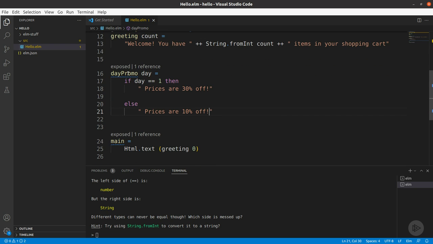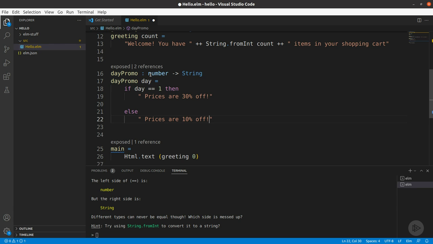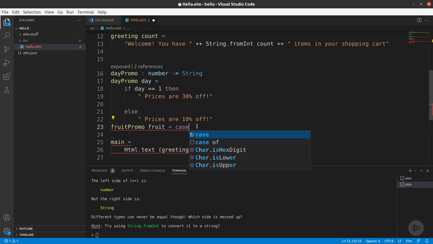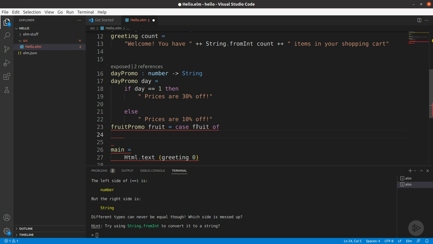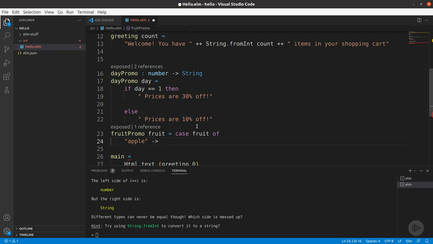Hover the mouse on dayPromo and click Quick Fix to add the inferred annotation for the new function, which takes a number and returns a string. The if expression must return the same type for both possibilities. Now let's add the fruitPromo function, which takes fruit as a parameter, and it's equal to a case expression. Case fruit matches apple, then use an arrow to return apples